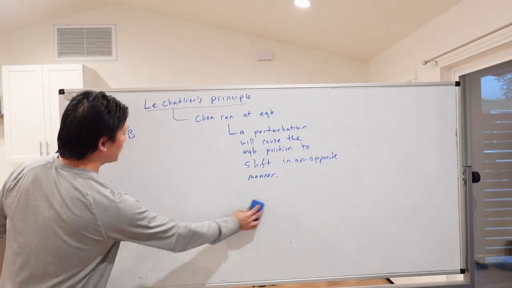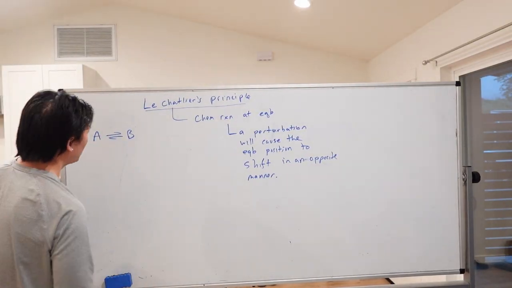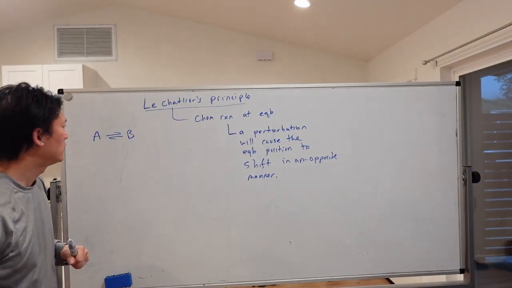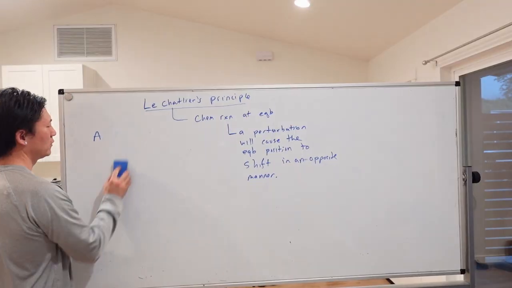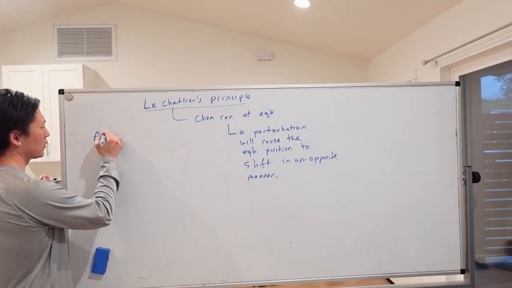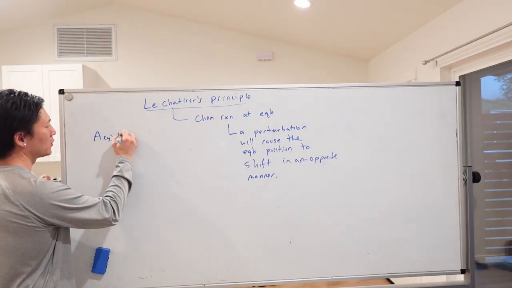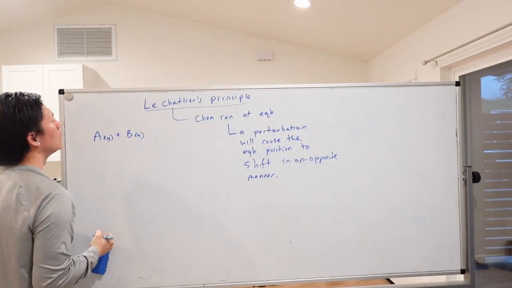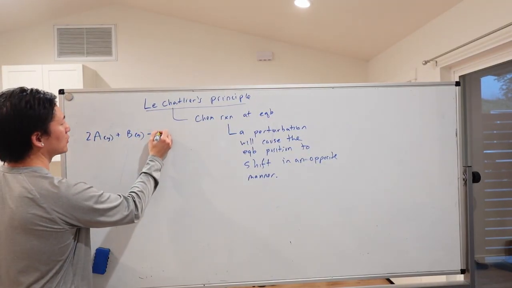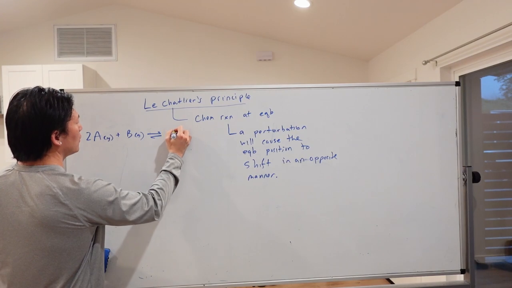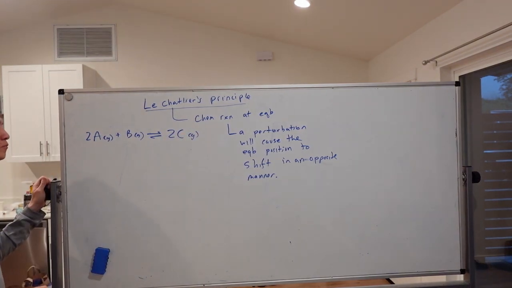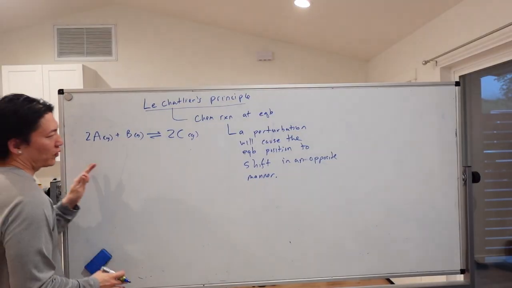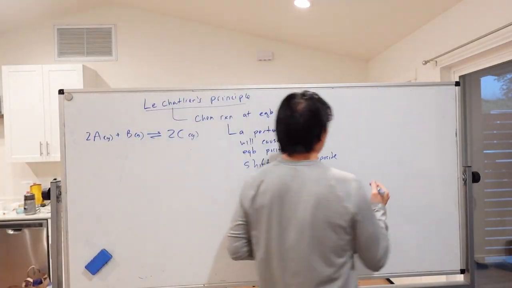Alright. There's more, okay? Let's assume these are gas particles, okay? And we're going to add more gas particles, okay? So we have A gas particle plus B gas particle. Let's put a 2 here, and then this is in equilibrium with 2 C gas particles, okay? First, before I talk about this one though, just know that,